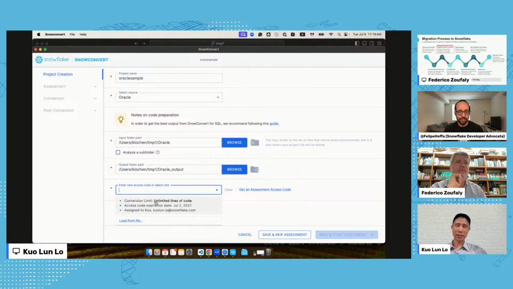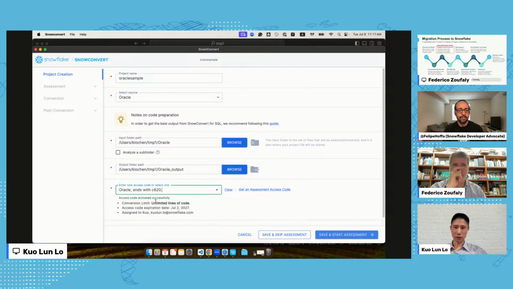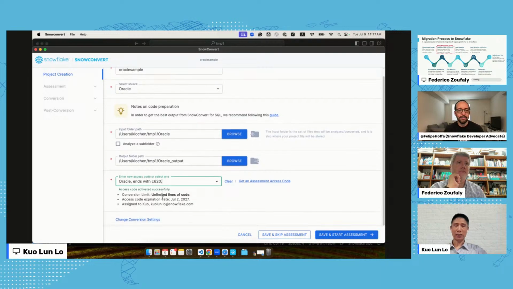In this case I have already installed it, but SnowConvert's assessment is distributed free. If you want to get your assessment access code, you can click here, fill in all the information including your email address, and once you submit the form you will get an assessment access code delivered to your inbox.